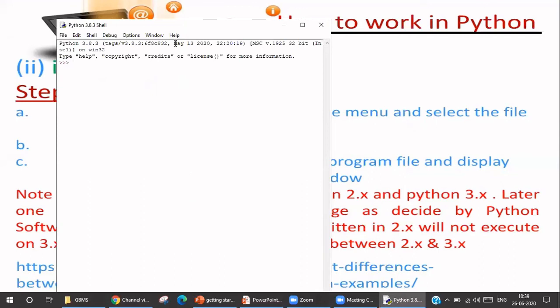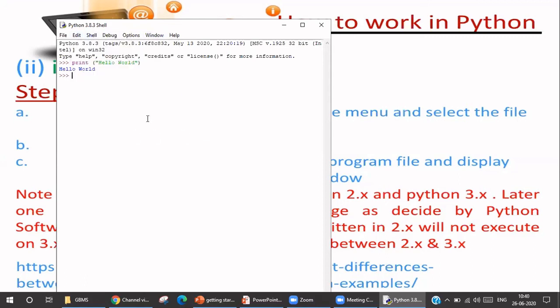And right here, you can see those three angle bracket signs, which is the prompt. And we will do one small program. This is the interactive mode. So everything I type here, I will immediately get my answer. So I'm writing print, Hello world. Can you see the words hello world in blue? That is my output. You can see print in purple. That is my keyword. And you can see hello world. That was the input. That is what I wanted to type.